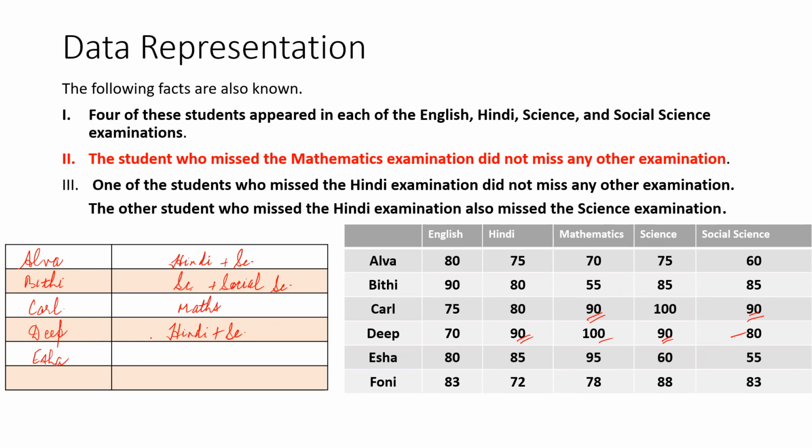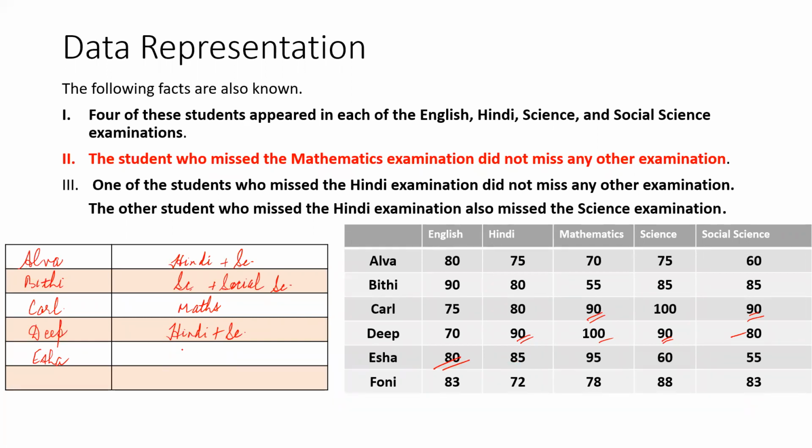We'll try to figure out what looks like an average score. 85, 95, 60, 55. So 60, 55 is going way too low. So 85, 95 and 60. If we have 95 as a probable score, 85 plus 95 is 180. 180 plus 60 is 240. 240 divided by 3 is 80. So in the case of Isha, we are looking at an average of Hindi, maths, and science, 80.